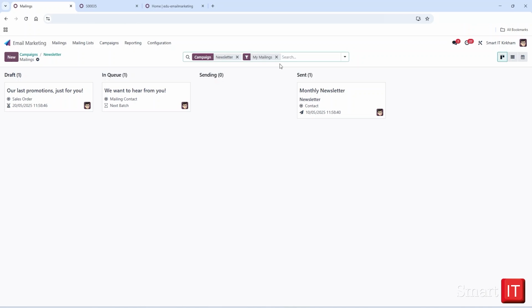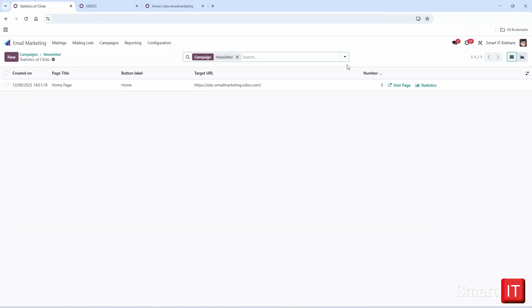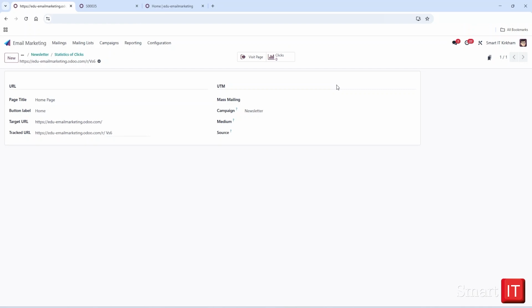Let's return to our newsletter campaign via the breadcrumbs and select the Clicks Smart button. Here you can see all links that are tracked as part of the newsletter campaign. By clicking on any item in the list, you will be directed to the form view of the tracked link. Both the list and form view of tracked links found here are the same as previously described under the Configuration